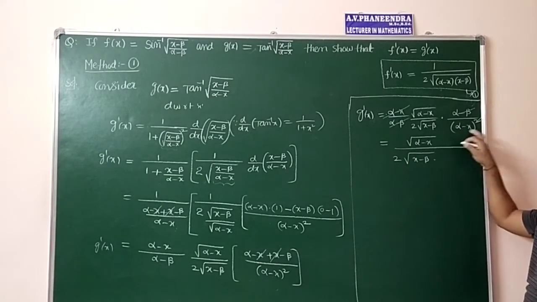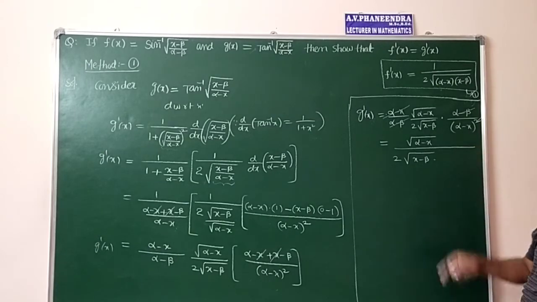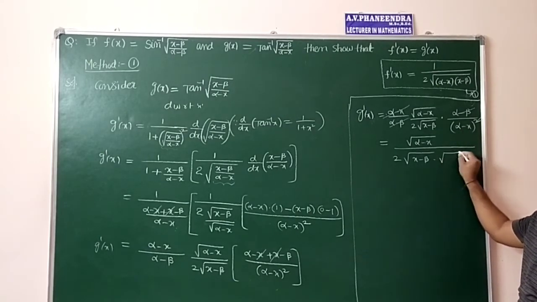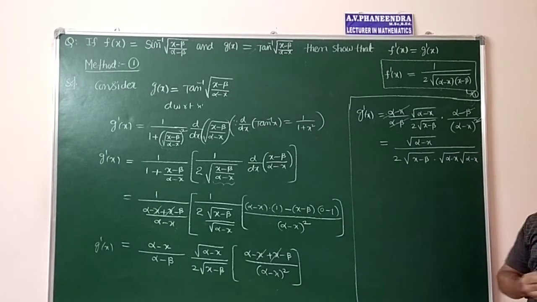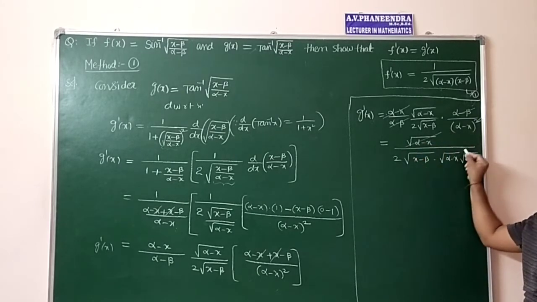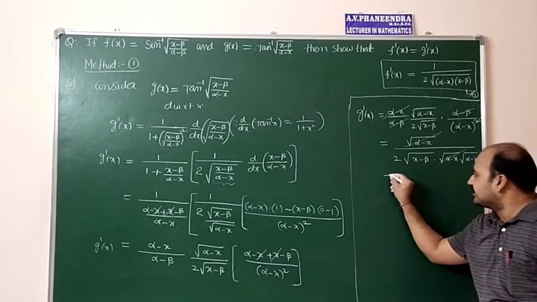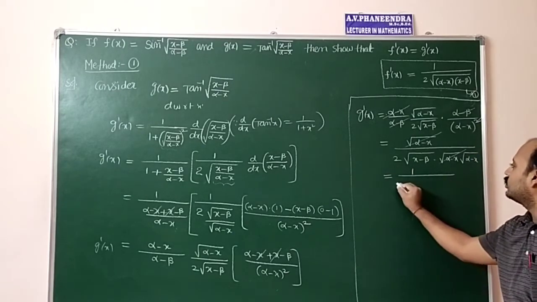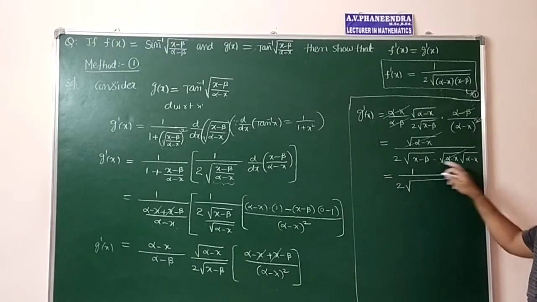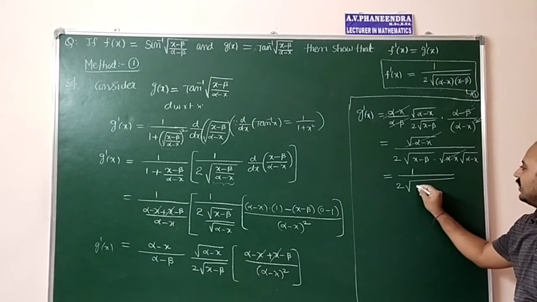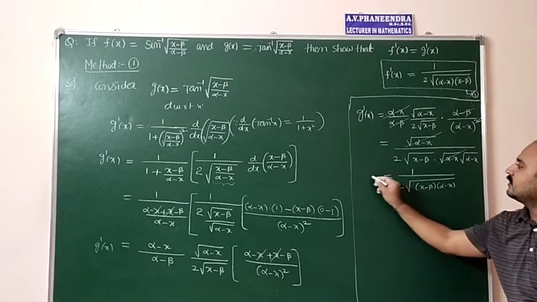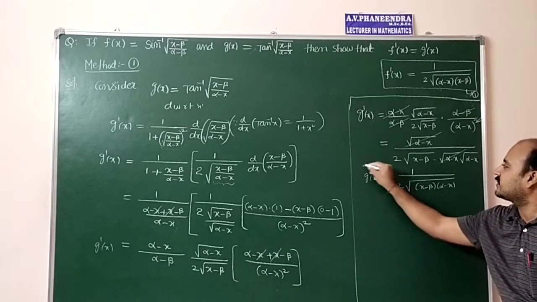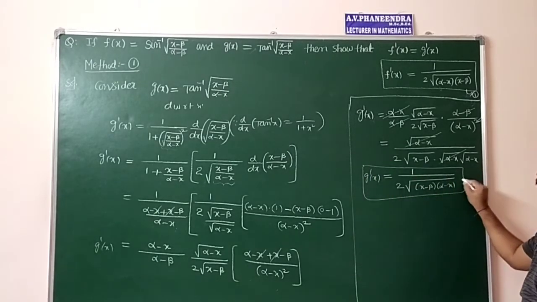into alpha minus x. Like in previous problem, alpha minus x can be written as root of alpha minus x into root of alpha minus x. X can be written as root x into root x. So one of the root alpha minus x value will be cancelled, which is equal to 1 by 2 into square root of root a into root b, root a into b. So root x minus beta into alpha minus x. This is the value of g dash of x. We are keeping that equation as 2.